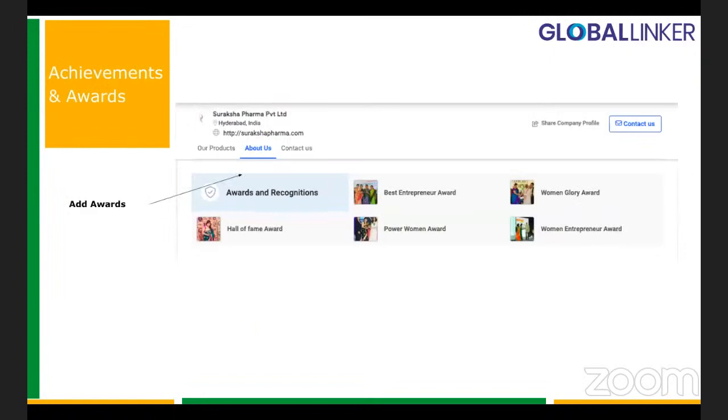Obviously, once you've built trust in an organization, we would also like to know whatever awards and recognitions you would have got. So please talk about your awards and achievements as loudly as you would talk about your certifications and licenses, because everybody would like to associate themselves with somebody who has been a winner, who has been in the forefront of something and got some achievement. So any awards and recognitions that you would have won in the course of your business, feel proud to flaunt them and add them over here on your profile as well. People would love to see it. It also adds very positively to your profile as well.